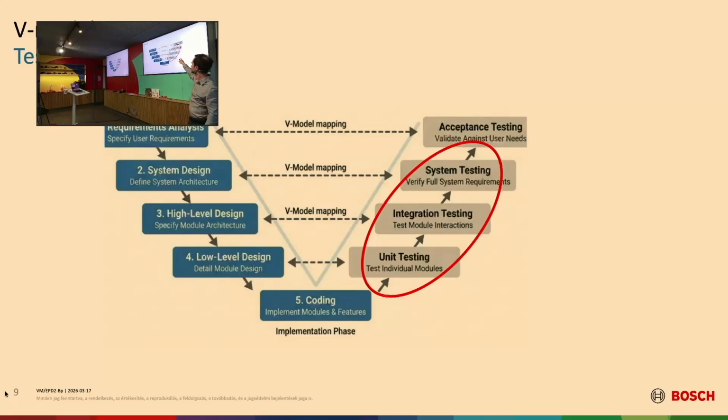And there are direct links between the 2 sides of the V. And we are going back to the top. This verification phase is about the testing, and then comes the validation phase. It differs by industry, but in the case of airbag systems, the validation is when they flash the software onto